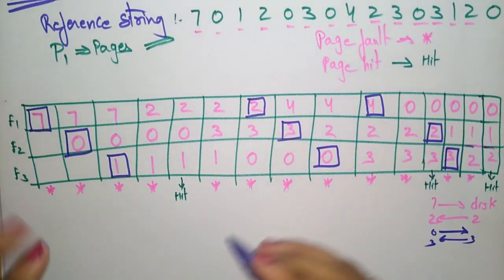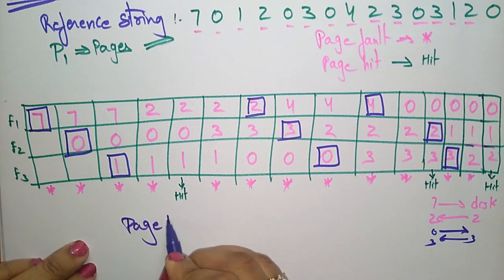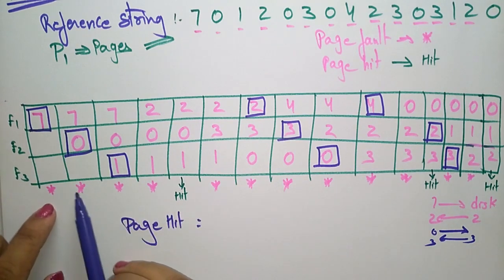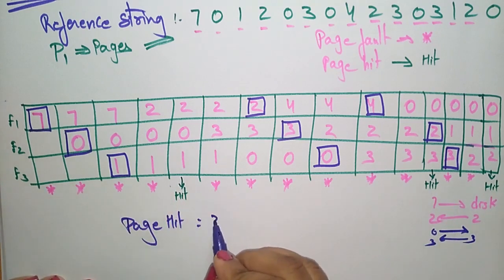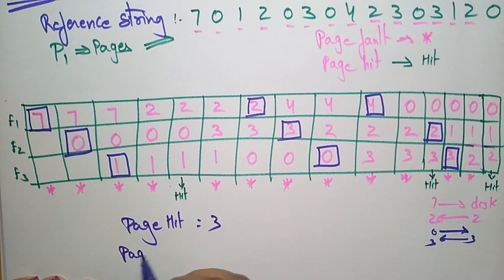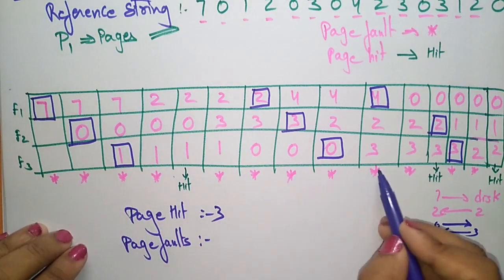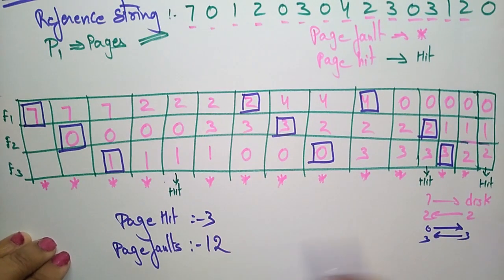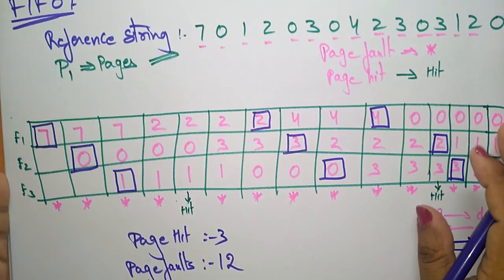So by seeing this, we can observe the number of page hits. How many page hits are there? 1, 2, 3. Total page hits are 3. How many page faults are there? 1, 2, 3, 4, 5, 6, 7, 8, 9, 10, 11, 12. Total 12 page faults are there. So by seeing these page hits and page faults, we can decide whether this FIFO algorithm suits